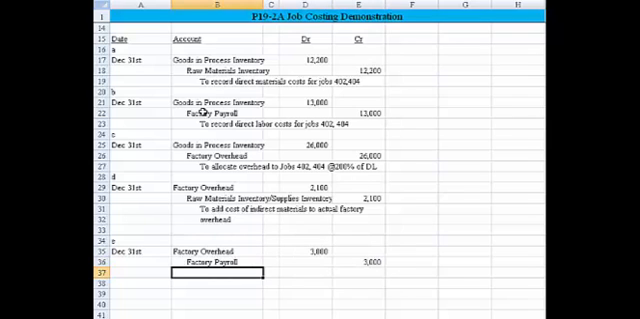Okay, and then again we want to indicate why we made that. Proper form for a journal entry was you would indicate why the entry is made indented below the last credit. To add cost of indirect labor to actual factory overhead. Okay, and that